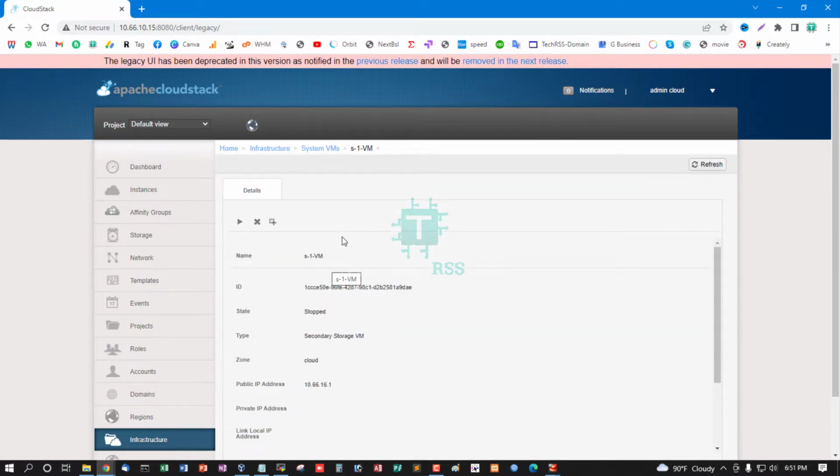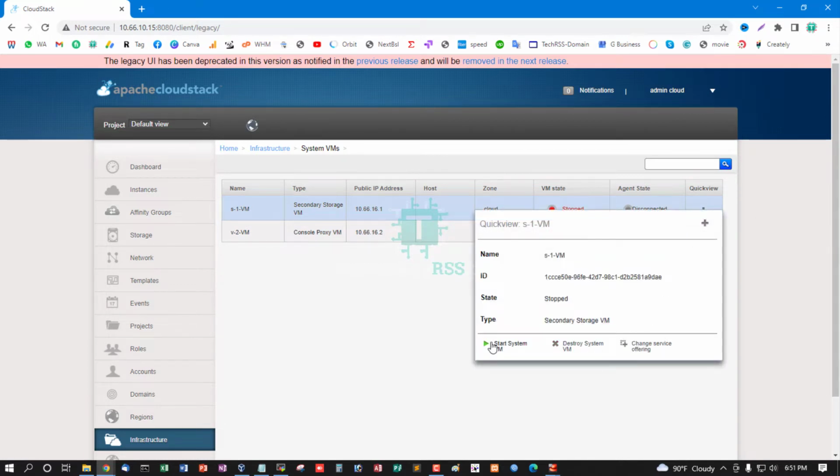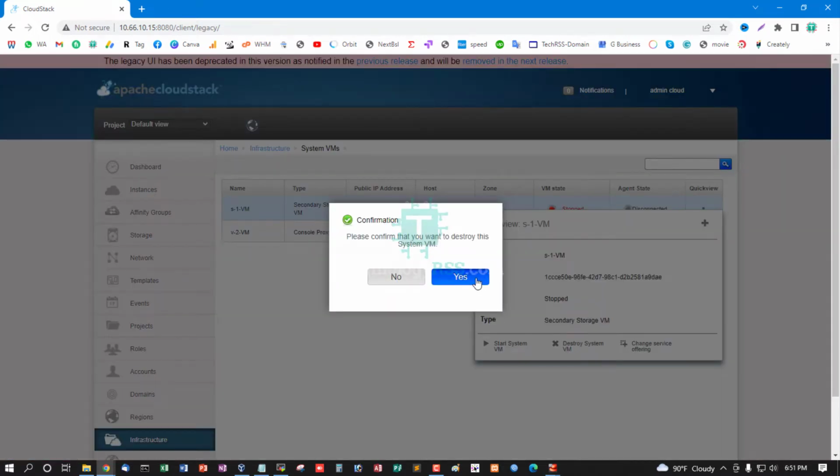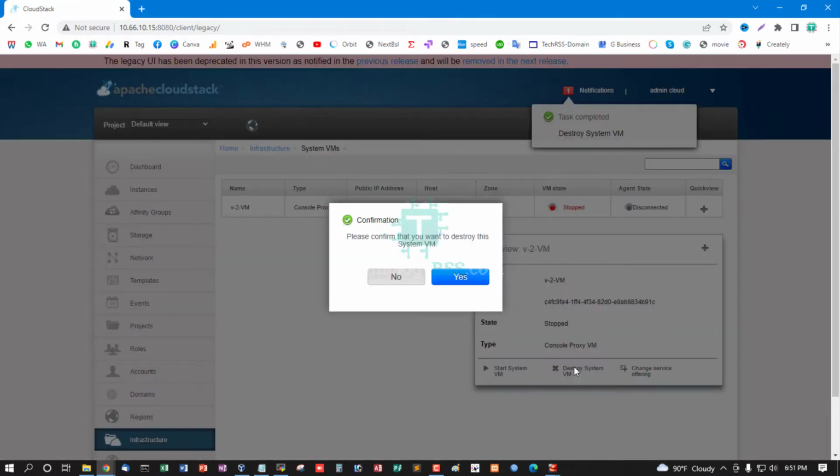So first, I destroy the system VM and SSVM,